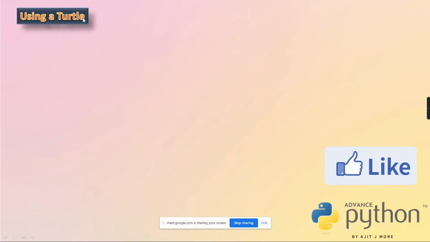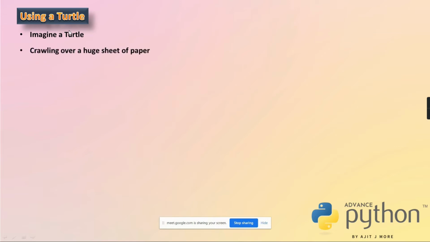So coming to turtle graphics, that is using turtle. As I said, imagine a turtle. Turtle means, I hope you know, a tortoise, a small version of it. Imagine a turtle crawling on a huge sheet of paper. Assume there is a big canvas, and on that canvas it is moving.